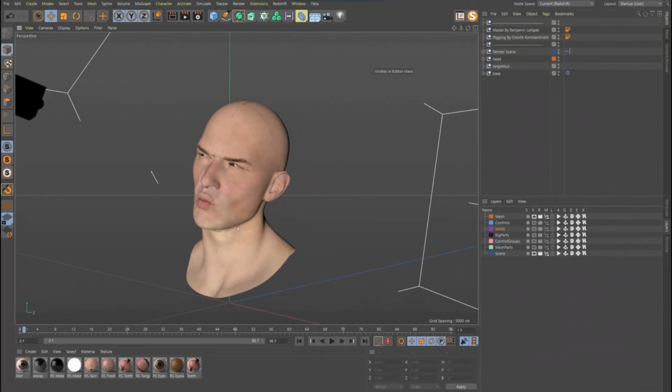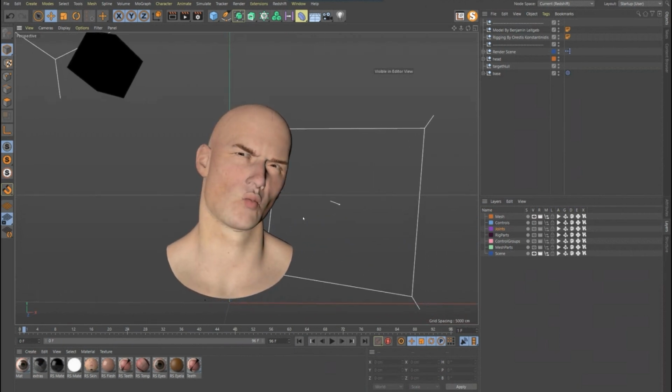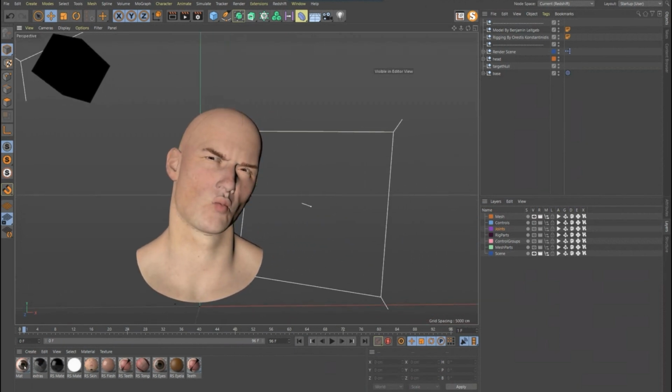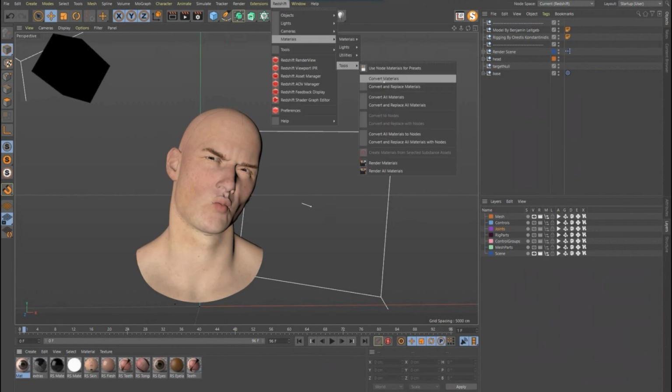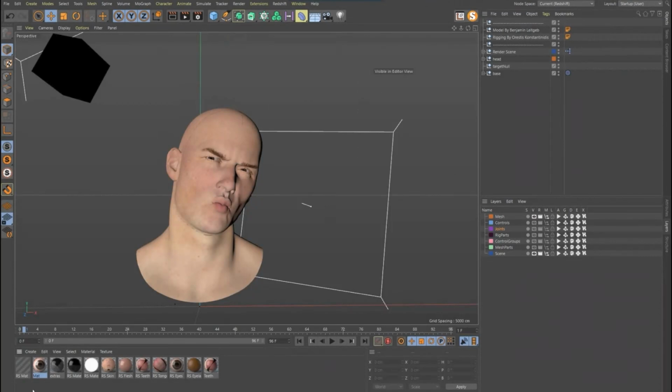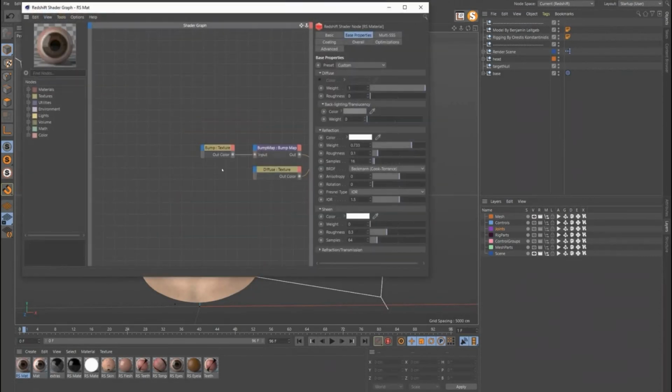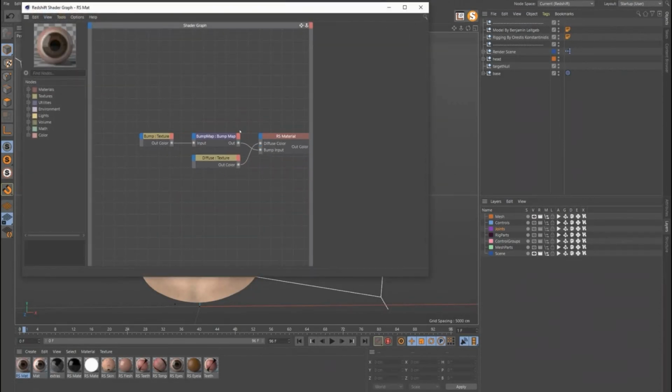The other thing I did was convert the textures to Redshift materials, which is super easy. So if we select this eye right here, go to Redshift, Materials, Tools, Convert Materials, and we'll just wait. And there we go. We have a Redshift material here. My bump is attached. My diffuse is attached. You'll see they don't look exactly the same. You have to do some tweaking, and maybe some more complicated Cinema 4D materials might not come over exactly the same. But it's a great way to get a good base that you can then tweak from there.